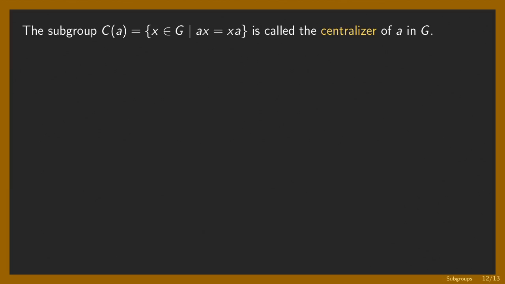Now, this particular subgroup actually is not a random example. It is a very important subgroup that we will consider later. For this, we call the set C of A, or the set of elements that commutes with A, the centralizer of A. Okay? And of course, if G is abelian in the first place, it means that the operation is commutative, then everyone commutes with everyone else, then the centralizer of any element must be the entire group. And this is trivial stuff.